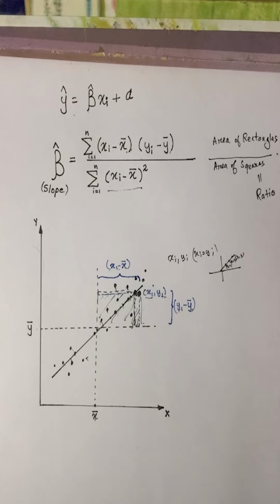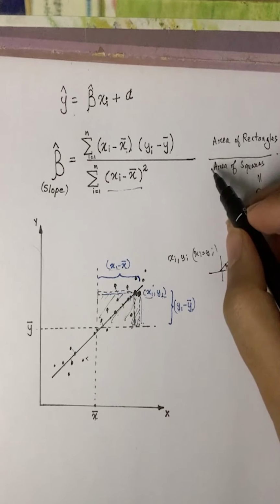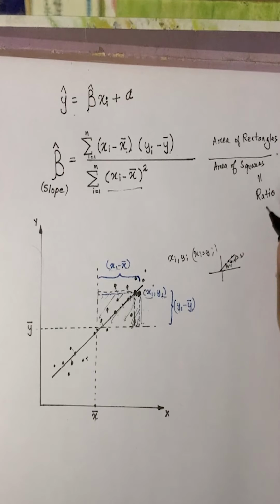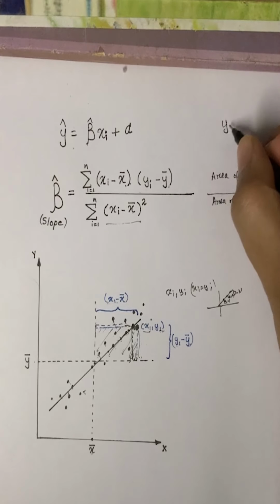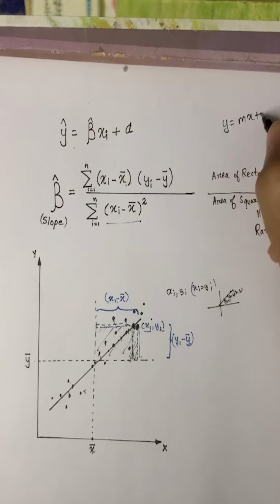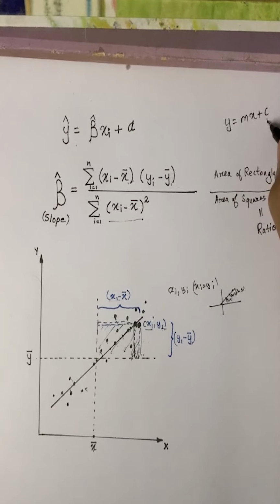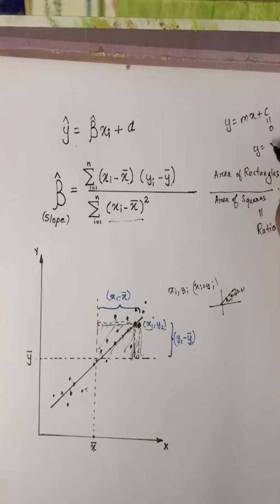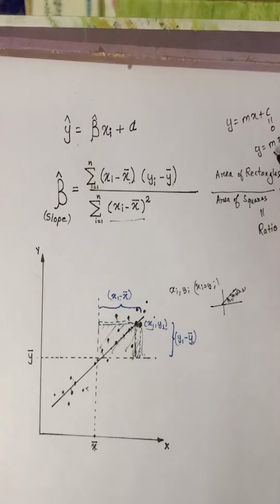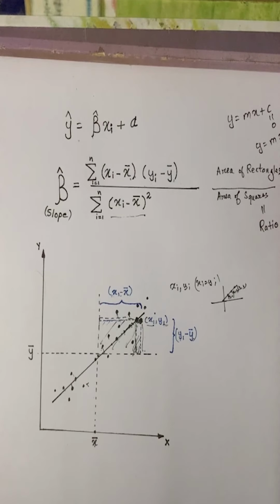But still, does it make sense? How can the slope be this? To understand that, we must remember the basic formula of a straight line. y equals mx plus c. Let's take c equals 0 for now. So what does it become? y equals mx. So what is the slope here? m can be written as